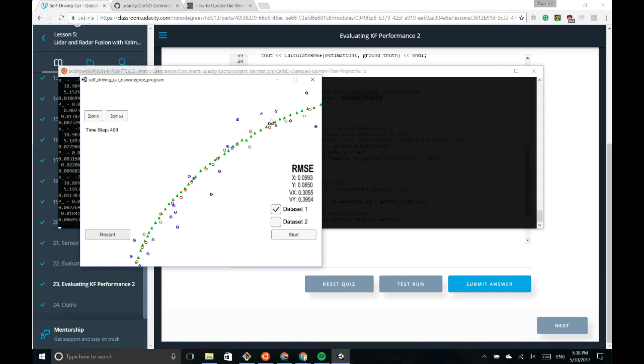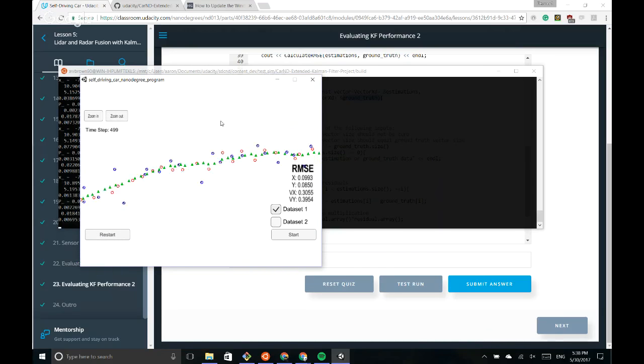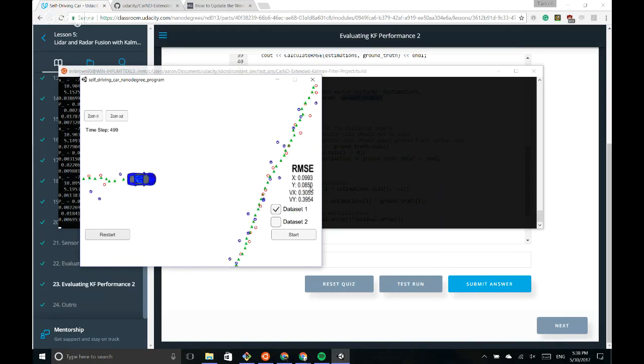And even though it has all these noisy measurements, it's pretty cool looking at how on track this path seems to be. And we also get our RMSE values. So let's see, in this case, these RMSE values are pretty nice. It actually passed the benchmark for completing the project. So let's talk for a little bit about how to get nice RMSE values, because I kind of mentioned this way back before,